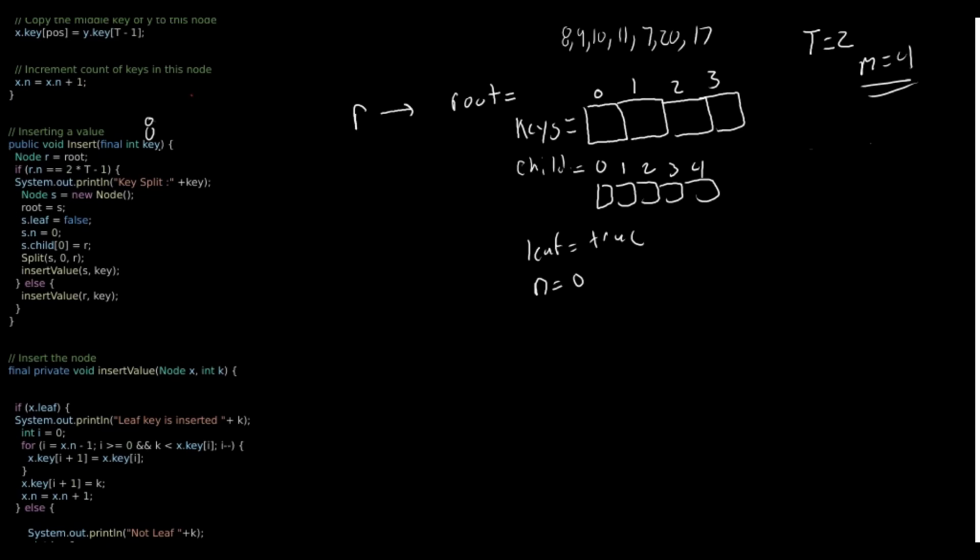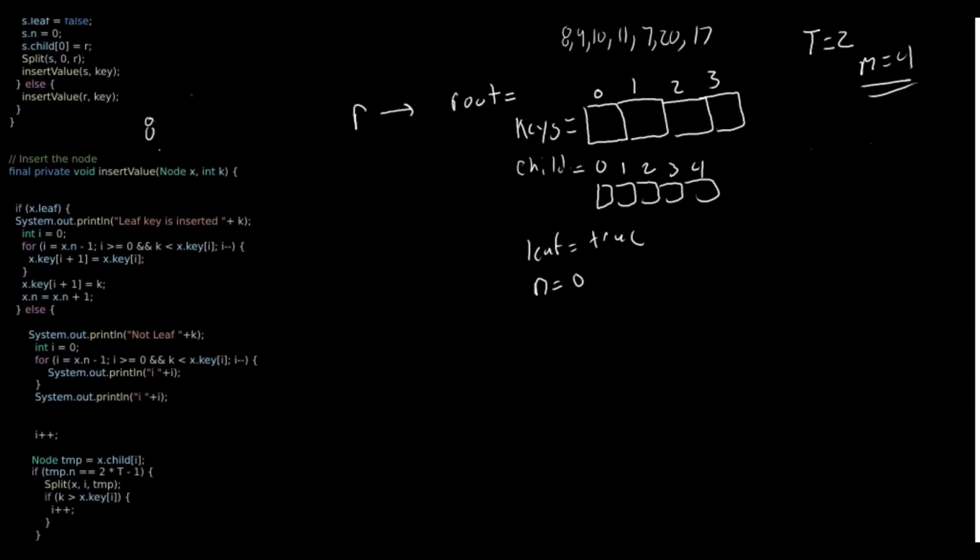We have an R. We create a new node. Do we meet any of these constraints? R, we copied it, so it would be the same here. Is 0 equal to 3? No. Right here, is 0 equal to 3? Since we copied it here, the new node, you can see n is 0, so we don't go into this if statement, and then we just go into insert value,